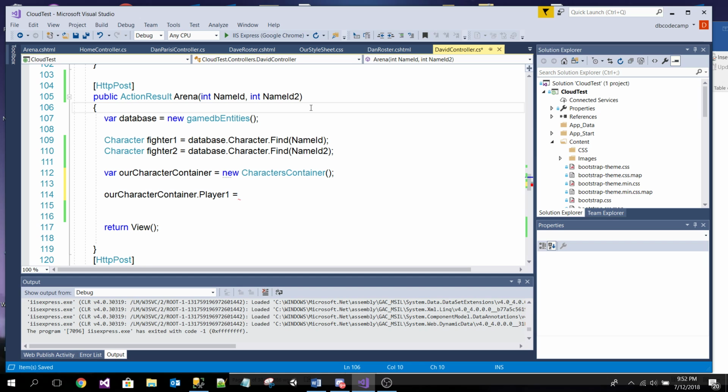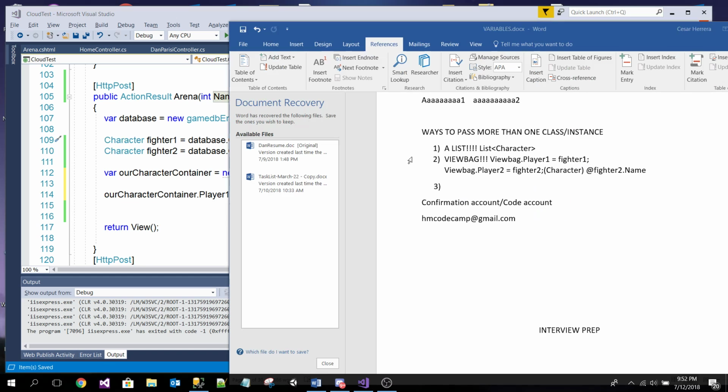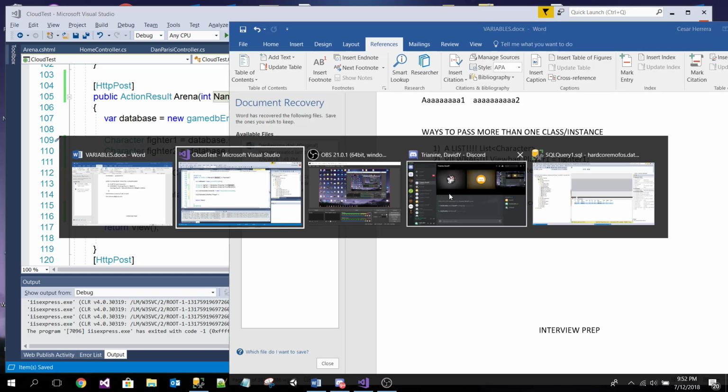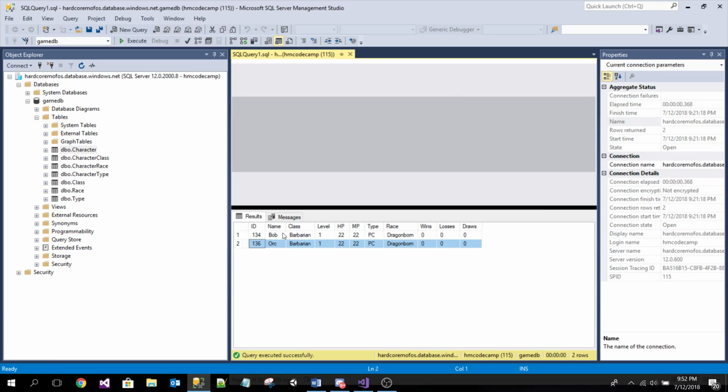Oh, by the way, yes, I have already retrieved name one here, name two here. So I retrieve from the database fighter one, the information for fighter one, who has the name ID, which I guess, where's our database here. So I guess it's gonna be this guy here with the ID 134,